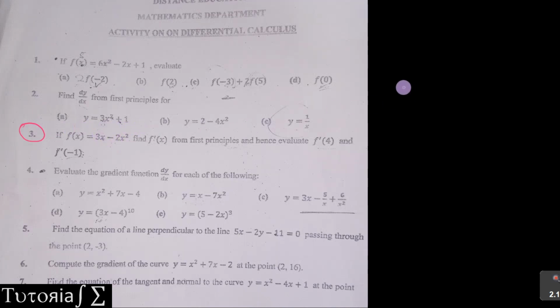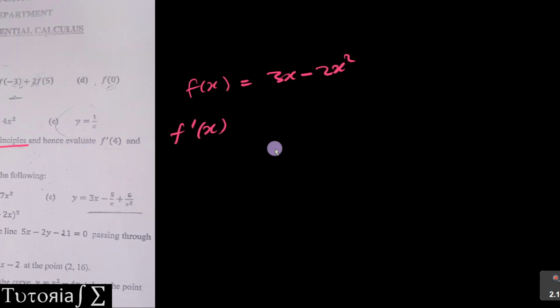If f of x equals 3x minus 2x squared, find f prime of x from the first principle. So again, here we're using the first principle. So basically, we have f of x, which is this, and according to the first principle, dy/dx is equal